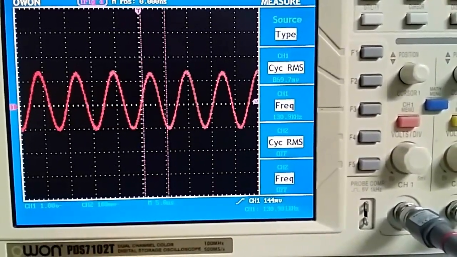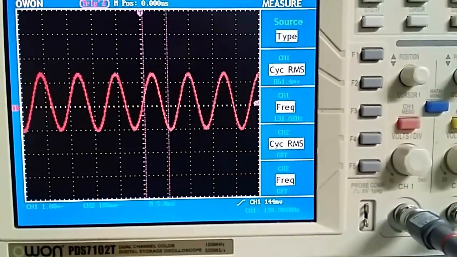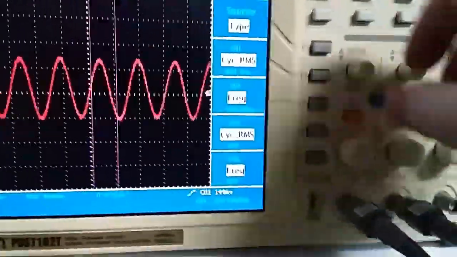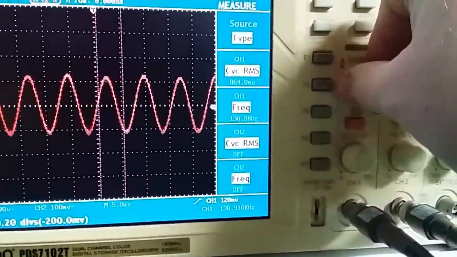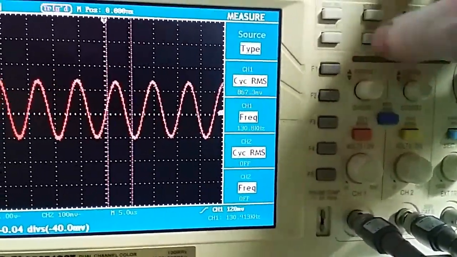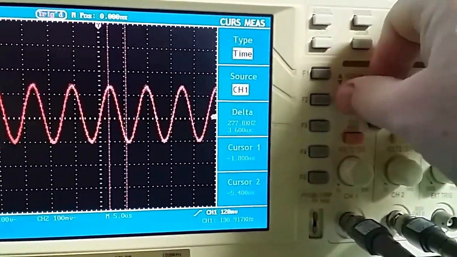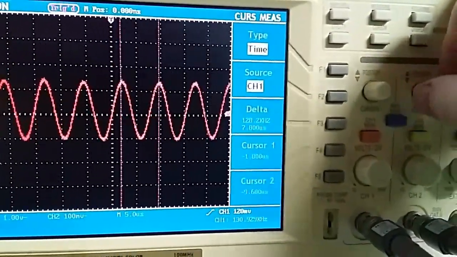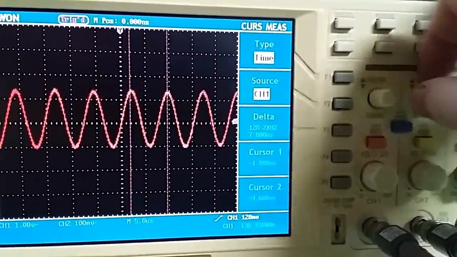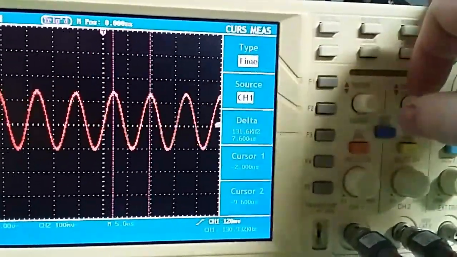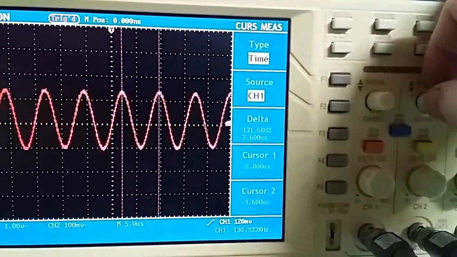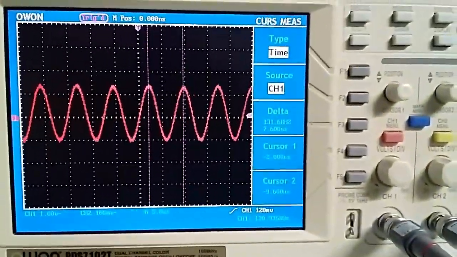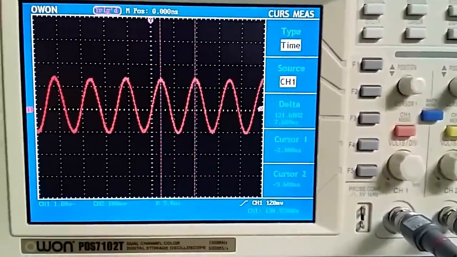There's 131 kilohertz. Let's see what we get on the cursor. Whoops, I always do that. Back to cursor. So we'll go peak to peak. That there is telling us 131.6 kilohertz. Now I just want to make a point at this stage and say that this is the maximum